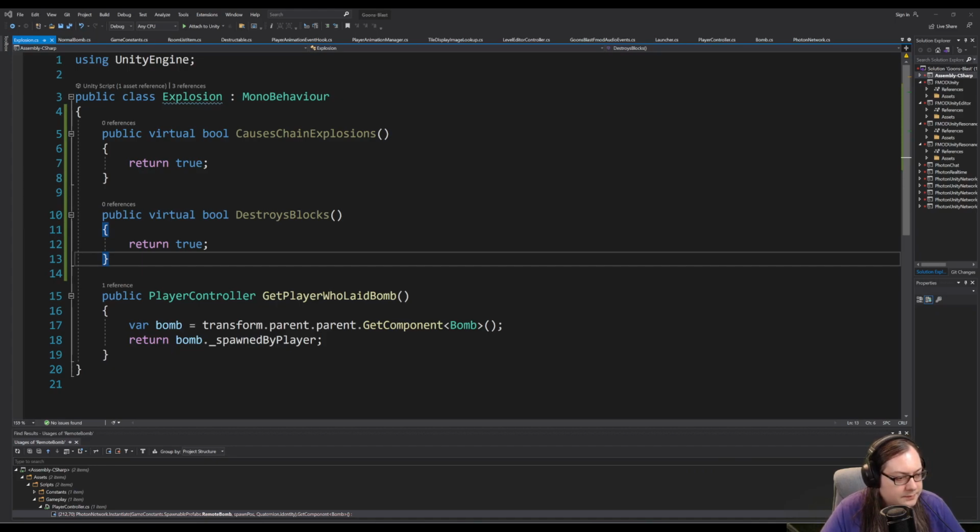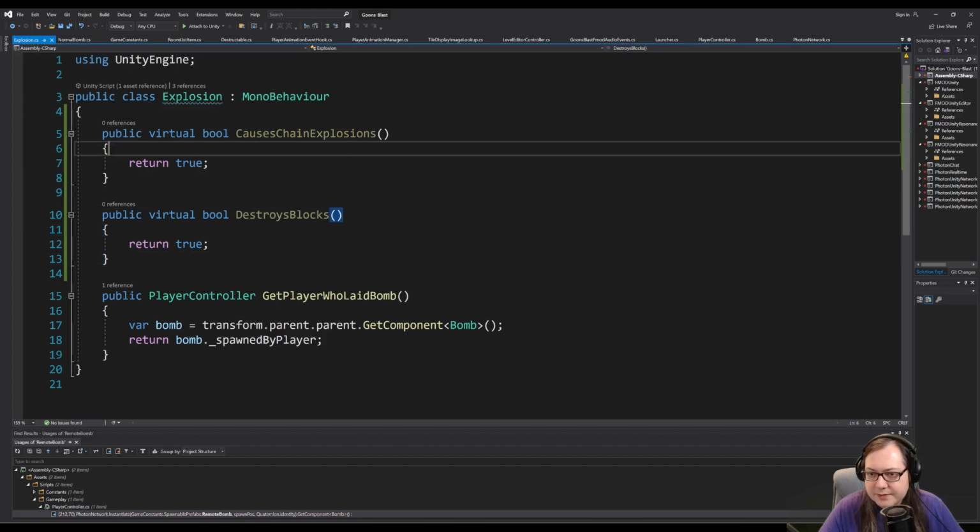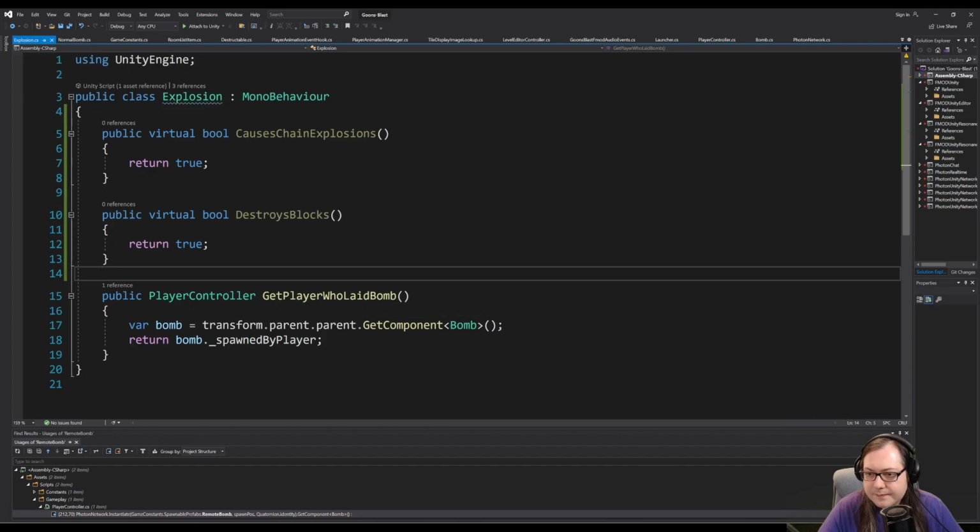Sounds cool. Cool. Push that code. Yeah, so